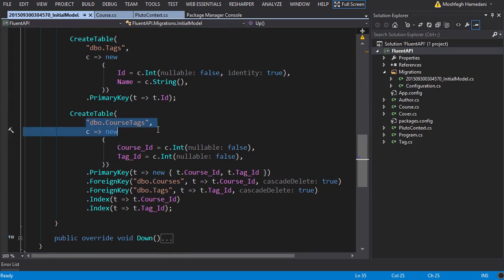In our course tags table, we have two foreign key columns, course underline ID and tag underline ID. Now, what I taught you in the last lecture to change the name of these foreign key columns does not work in this particular case. Why is that? Let's review what we did in the last lecture, and then you will see why it doesn't